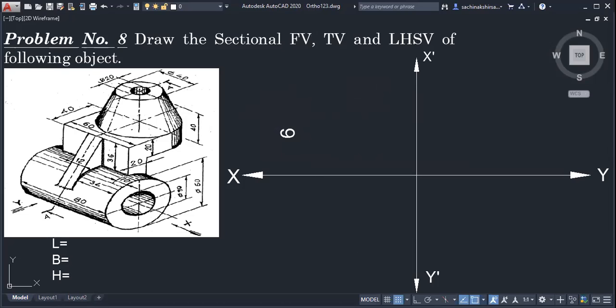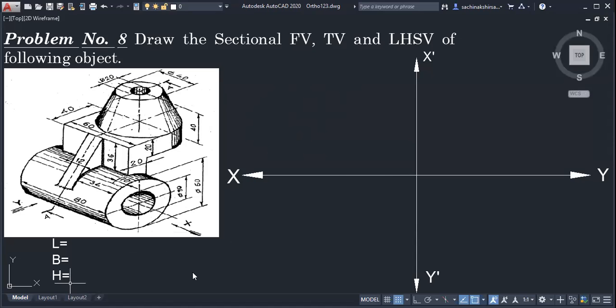But there is a basic rule in drawing. Either we have to read the dimensions from the bottom or the right hand side. We should not read the dimension from the left hand side. Never read dimensions from the left. So either we read from the bottom or the right hand side. Keep that in mind, otherwise this may go wrong. Problem. So length. Are you imagining the object or should I show it?